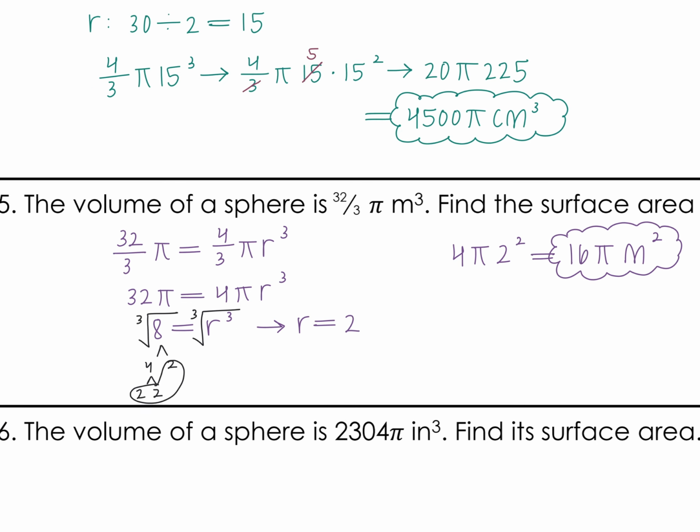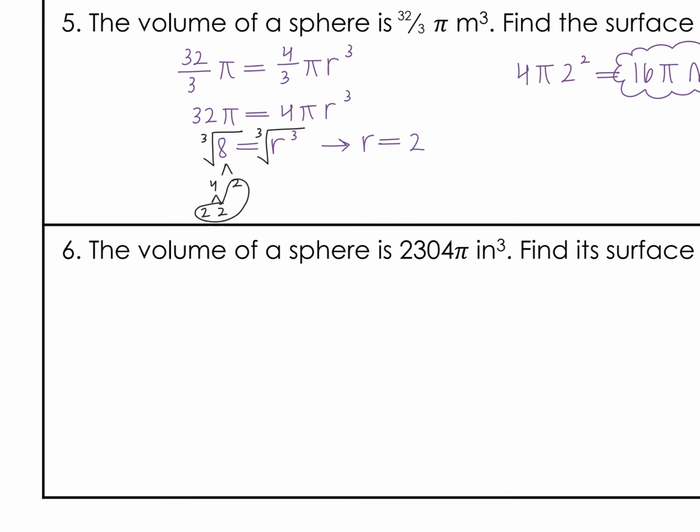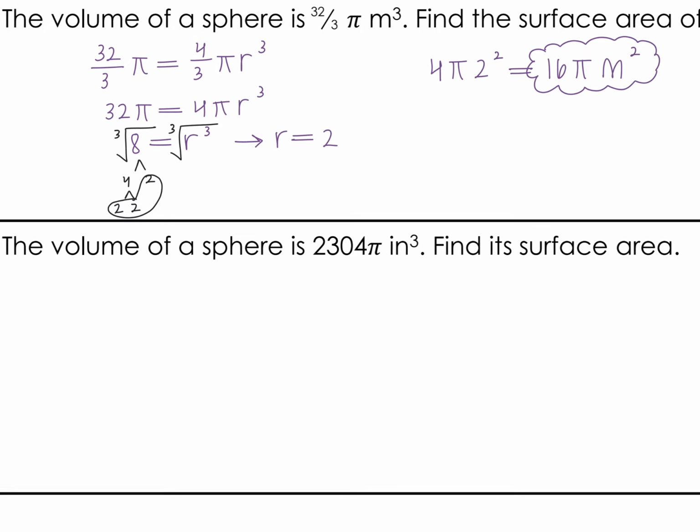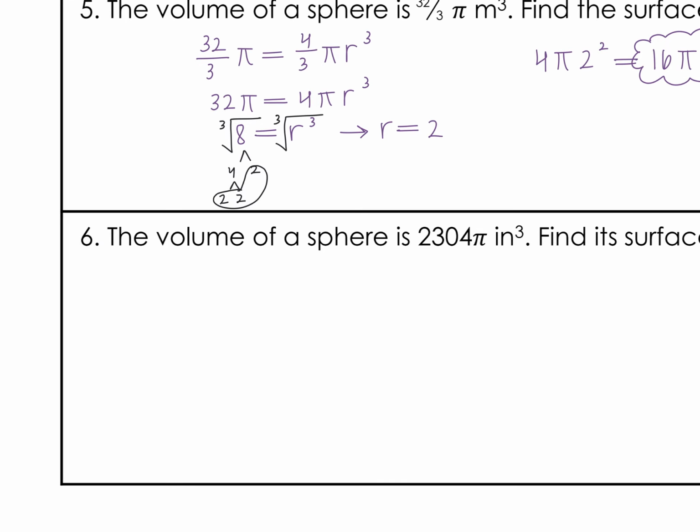All right, now let's move on to the last problem for the front side. We have the volume of a sphere is going to be 2,304 pi inches cubed. We're going to find its surface area. So we're going to take very similar steps as what we did before. We're just going to have a different number this time. So I've got 2,304 pi equal to that 4/3 pi